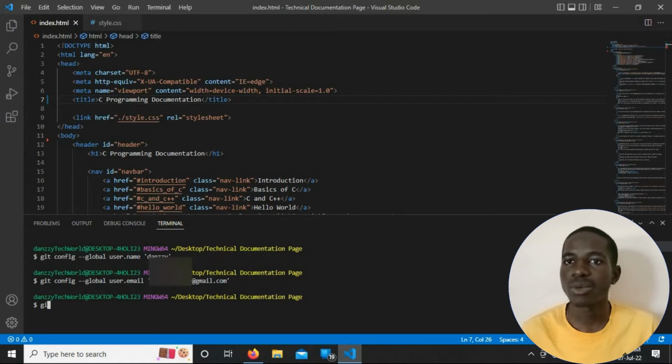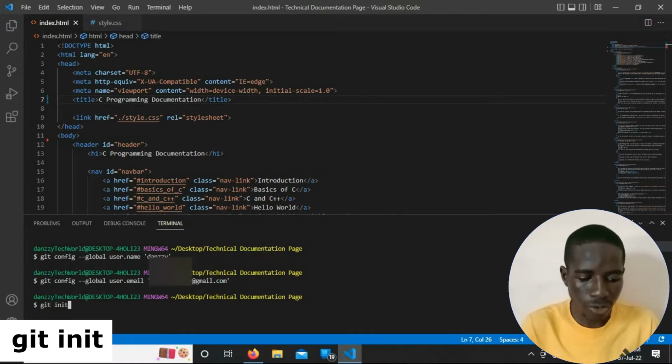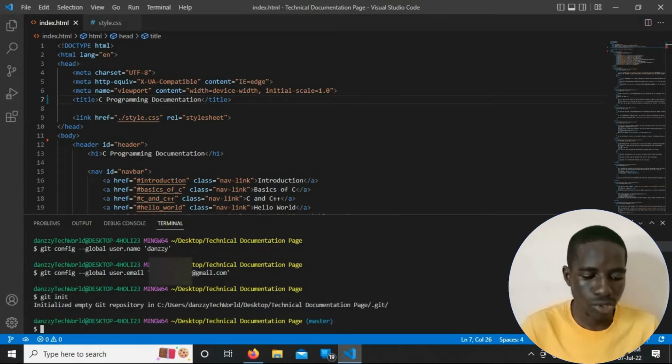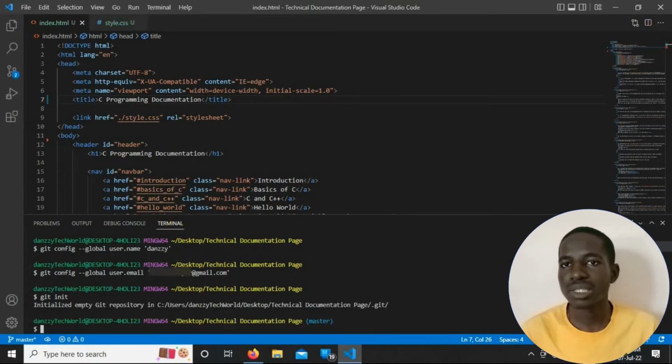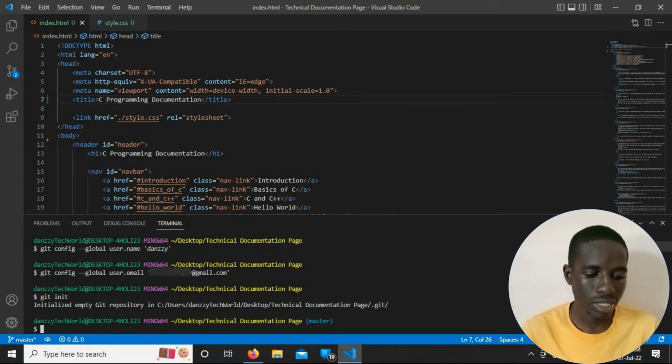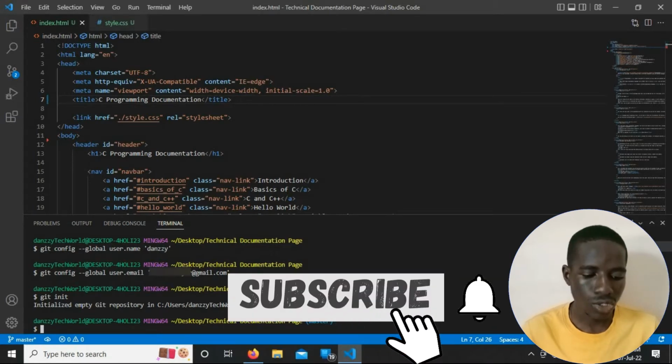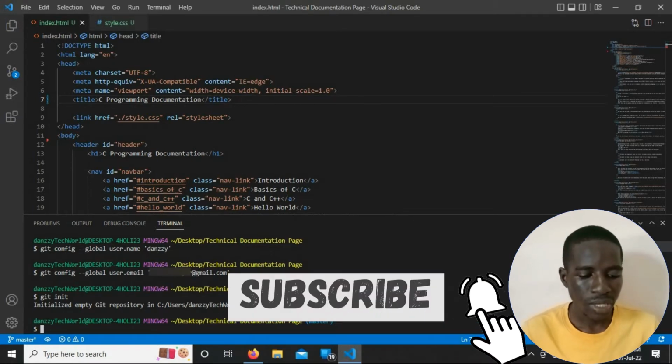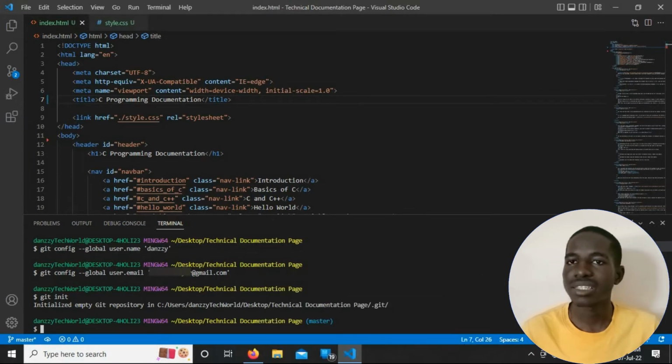After that, we type git init to give Git the chance to start keeping track of the changes that we made in the project. So once we do that, we can see that Git has been initialized, and it's showing an empty repo at the moment. So since I started this project, I haven't committed the changes or anything, and that's what we'll be doing in